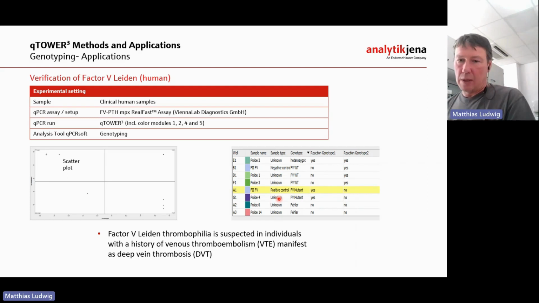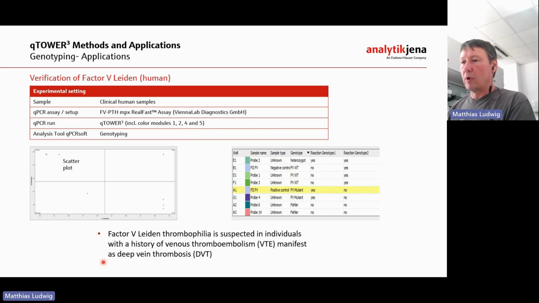Also for this, we have some examples. It is often used for human diagnostics in hospitals, for example. Here it is, also from a customer of ours. They used clinical human samples, and they detect factor 5 Leiden. This is for thrombophilia, and patients with this factor 5